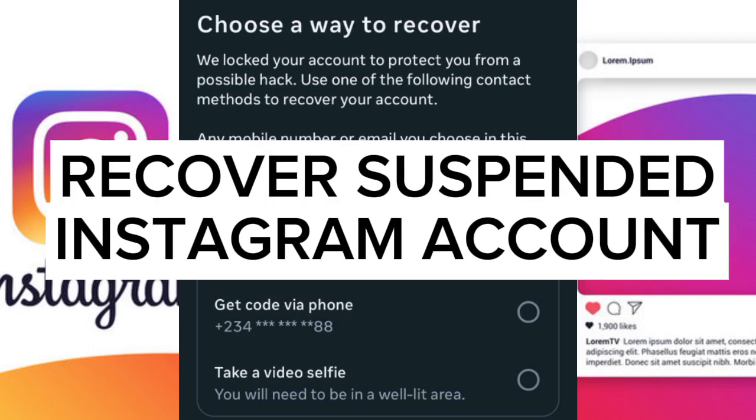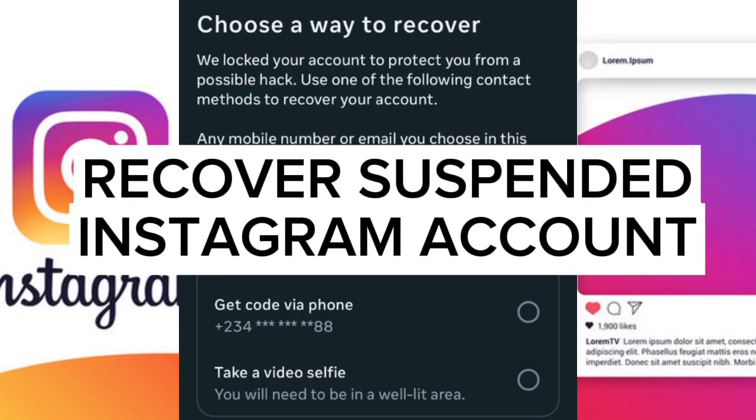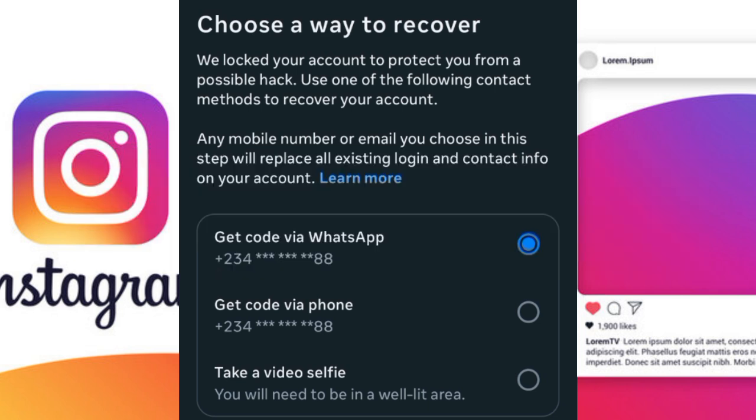Alright, peradventure your Instagram is showing this, I'll be showing you how to fix it right away. Well, for me, my account was showing that I have been suspended before, though I abandoned it. So when I come back to try to recover it, this is now what they are showing me. It is not showing suspended again, but I still feel this is a suspended account, regardless of what you are